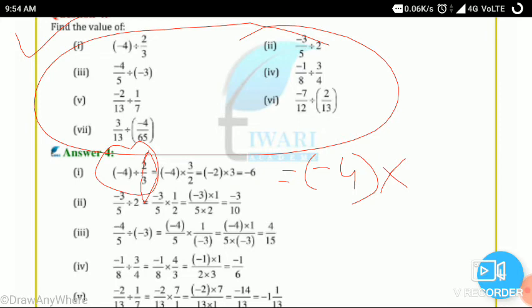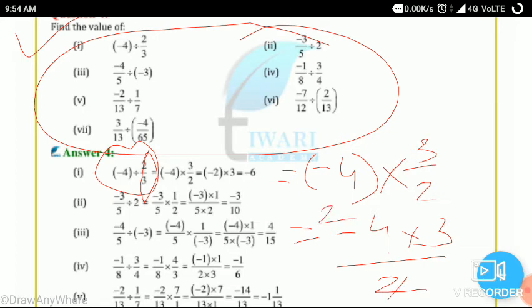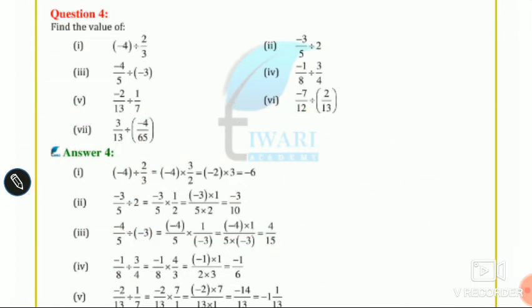ओके, हमें क्या करनी है, उसकी पोजीशन जो है वो चेंज करनी है. ओके, न्यूमरेटर को डिनोमिनेटर में लेके जाना है और डिनोमिनेटर को न्यूमरेटर में. मीन्स we write here 3 upon 2. Okay, understood? So in numerator minus 4 multiply 3 and denominator 2. So see 2 2s are 4, कट हो जाएगा. So minus 2 multiply 3, which is minus 6, is our answer. Okay students.